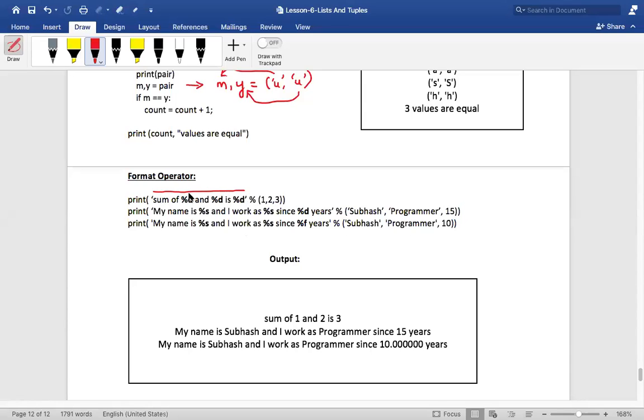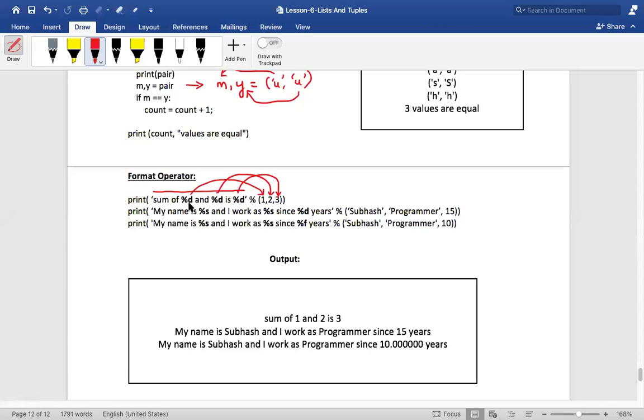So this first %d will match with the first element, the second %d will match with the second one, and the third %d will match with the third one. Now you will ask me, what is %d? %d is the format specifier for integers, to print integer kind of elements. For the first one, did you see the output over here? Sum of, and in place of %d, what got replaced was 1. Then it continues, and "of" will get printed.